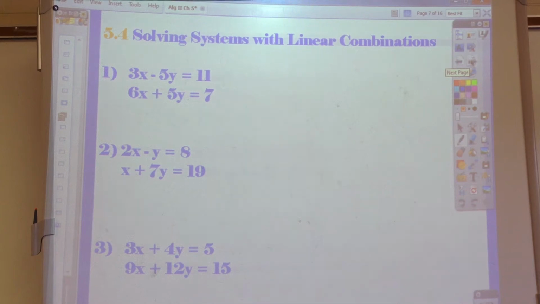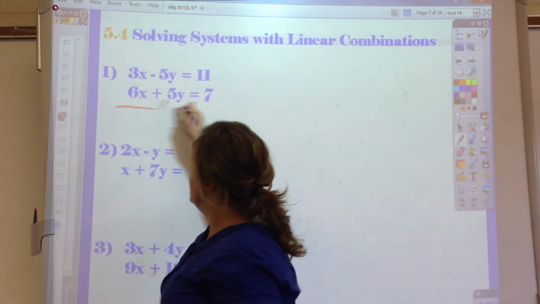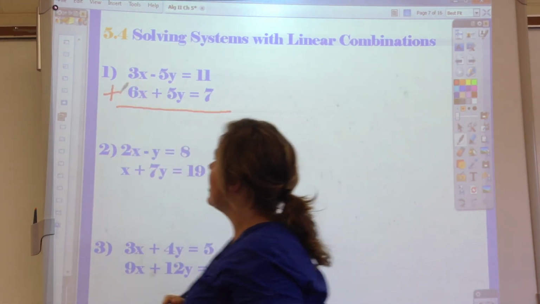Today we're still solving systems, but instead of solving with either graphing or substitution, today we're going to solve with linear combination. We are essentially going to add our system together, watch a variable disappear, and solve for the one that's left. So take a peek at number 1, and I can add these equations as is together, and notice